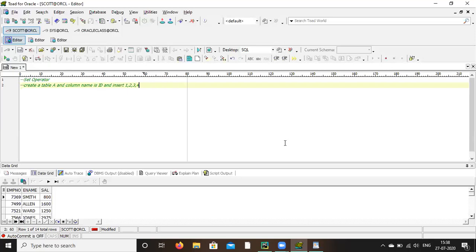So here you have to create a table. The table name is A, having column ID, that is a number, and you have to insert first 1, then 2, then 3, then 4. Then create another table B, same column ID, but here you insert 3, 4, 5, 6.